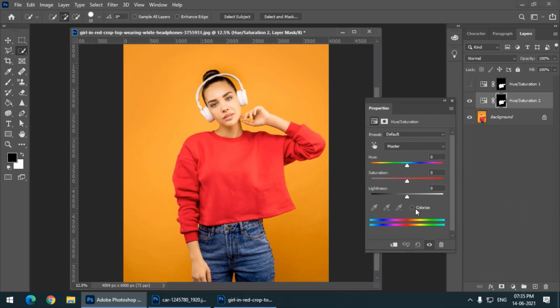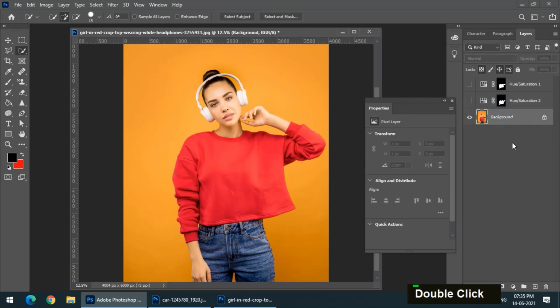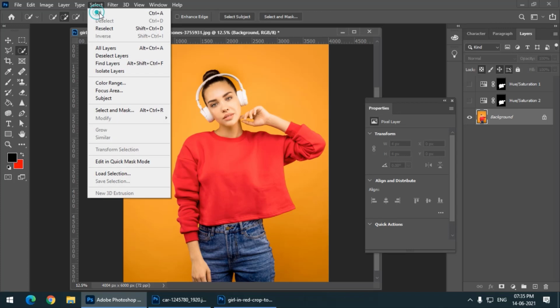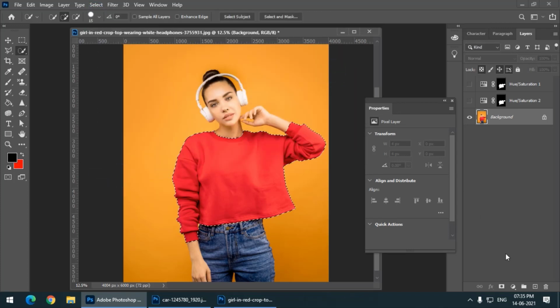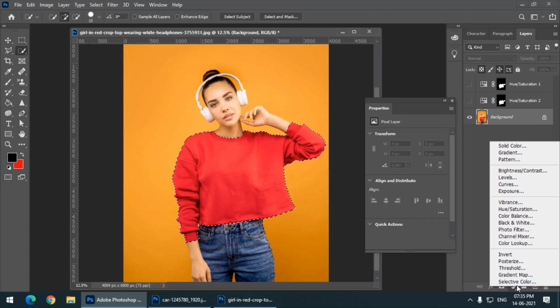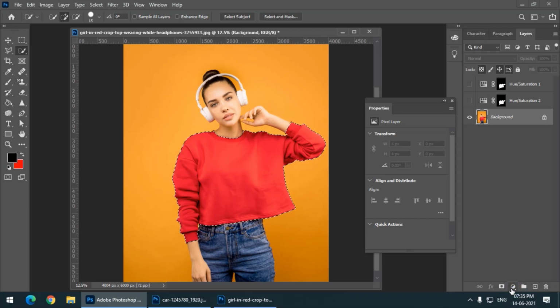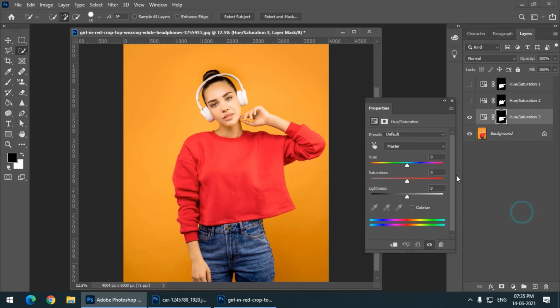Again I will go to hue, saturation. Let's say if I want to make it blue this time around, so I will select blue color. So this is how it will look. I will take another color, first select, load, okay. Then I will go again to the adjustment layer, hue, saturation, colorize, and let's say if I want lavender color, purplish lavender, purple. So this is what I have created. This is purple, blue and green color.